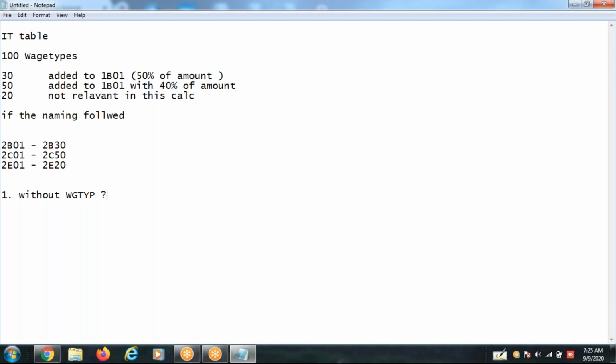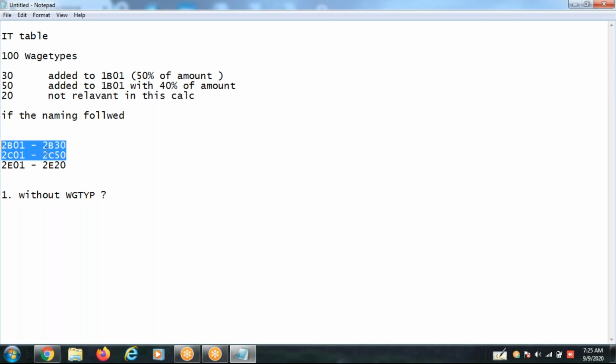How many entries? I think all the 100 entries need to be called. No. That's what I wanted to understand with the wage type operation and generic and everything. If the wage type operation is not there, you need to call this 30 and 50 only. Totally 80 entries will come in the PCR at second level.